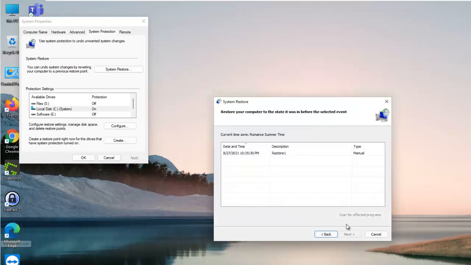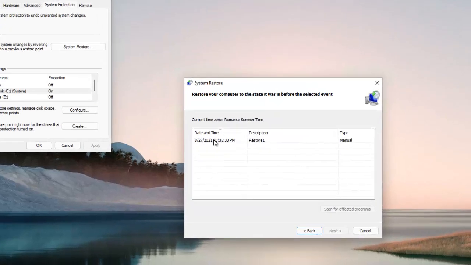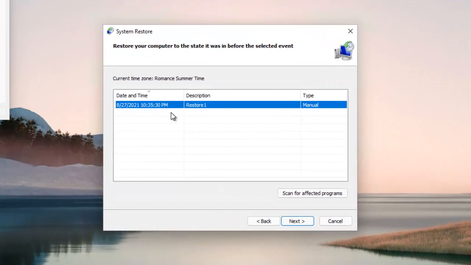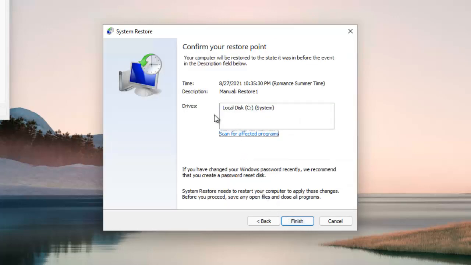So just click next, and here you can see that I've already created a restore point for this device. I did a different video on how to create a restore point, in case you don't know how to create one yourself. So here you can see we have a restore point which has been created, and we can click next. And then here it says we're going to restore our device to a point